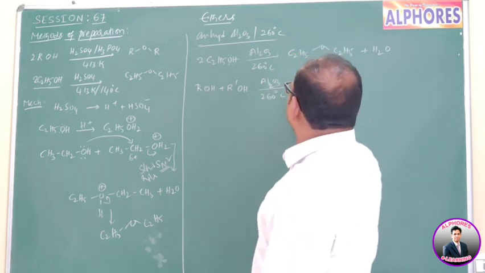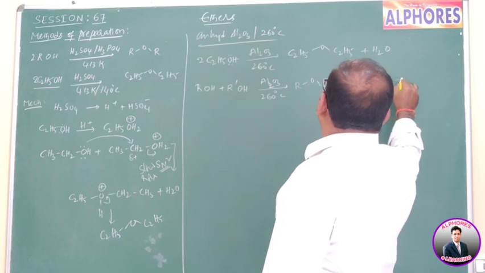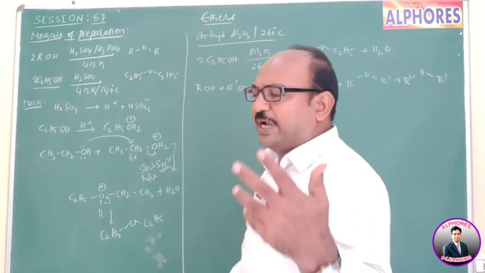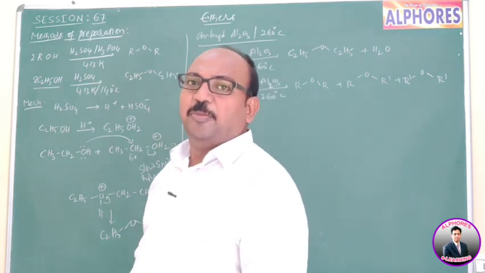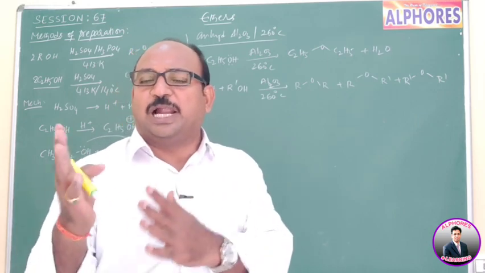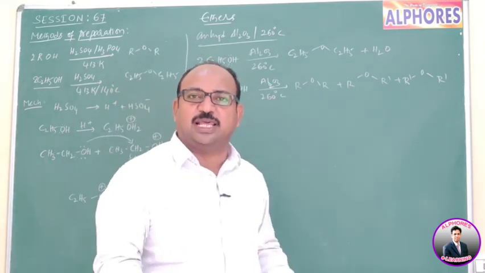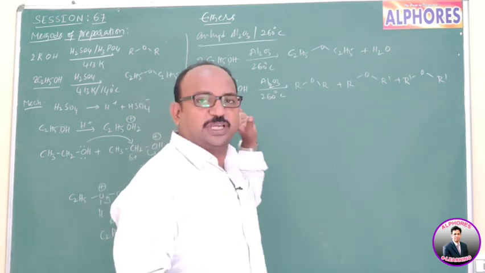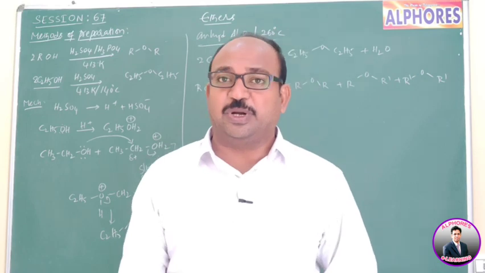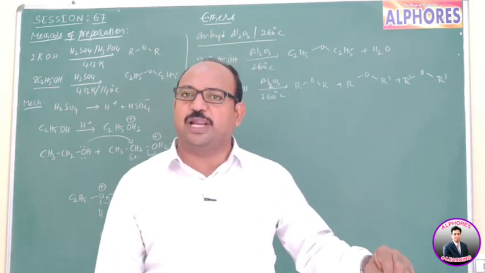But when we are using two different alcohols, what happened? Obviously we may get ROR, ROR' and R'OR. So we have a mixture of ethers, because the reaction is not in our control; we cannot say which alcohol participates and which does not. So when we are using two different alcohols, you may get a mixture of products, but that mixture is not because of formation of carbocation.